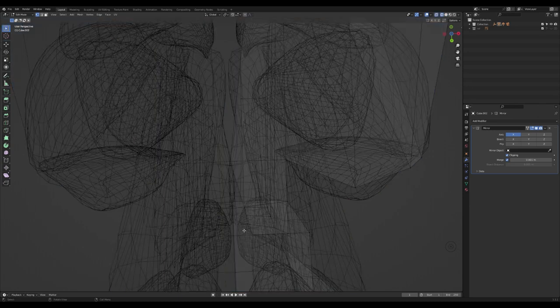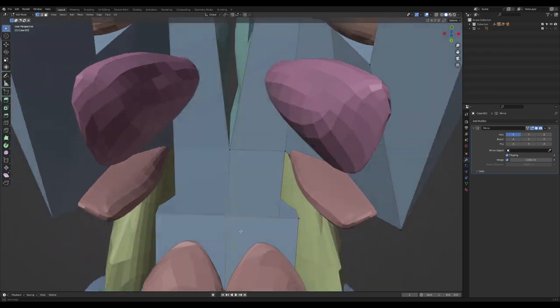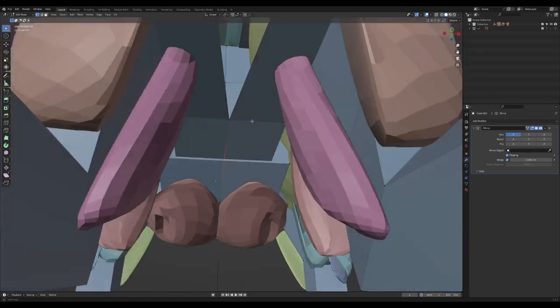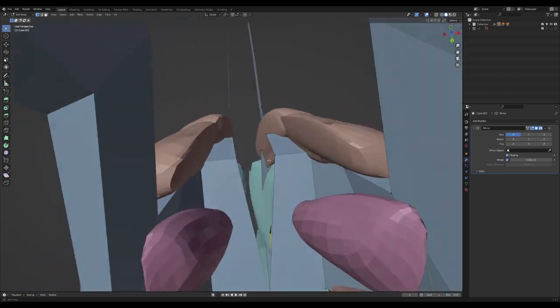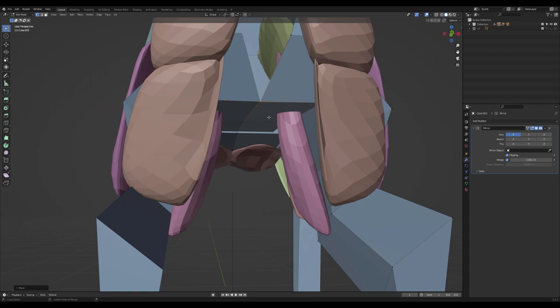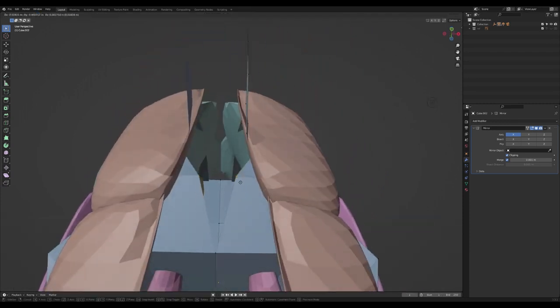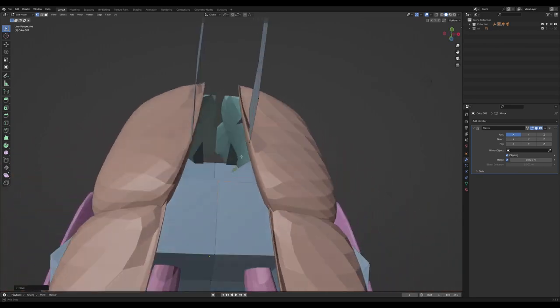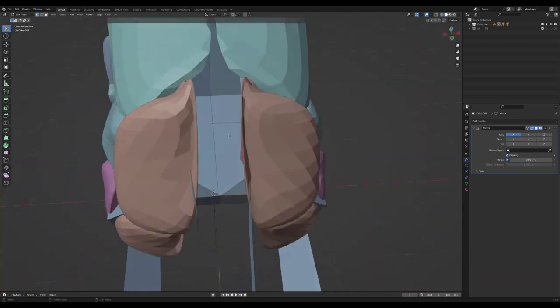Go to the wireframe mode, go back to solid mode. I can merge these ones also. You see it's merged and this side. Now I just do this for the rest and come this way, grab this guy, push them to the center, come back this side, I'll push them to the center, and now this guy,